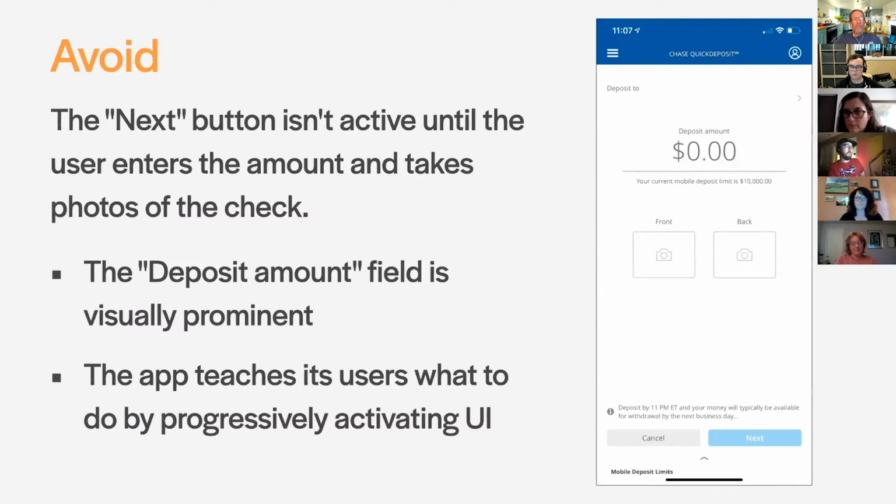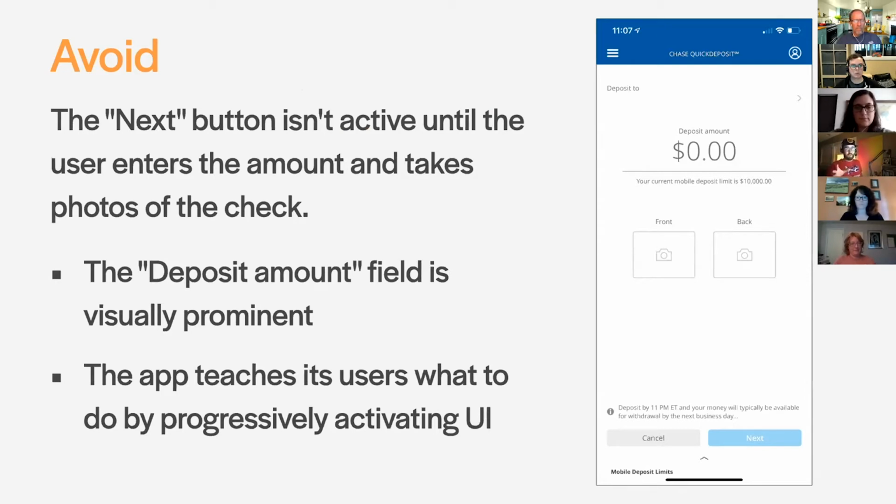And the one I'm going to look at is Chase Bank. So this is for a bank account that I had. And I just went through it and noticed some things about how the team had designed it. Now, I'm not on Chase Bank's design team, so I'm making some assumptions. But let's dissect it. Let's talk about it.